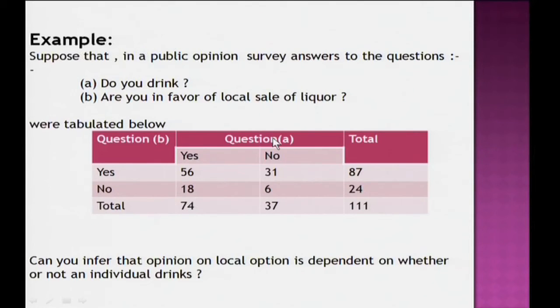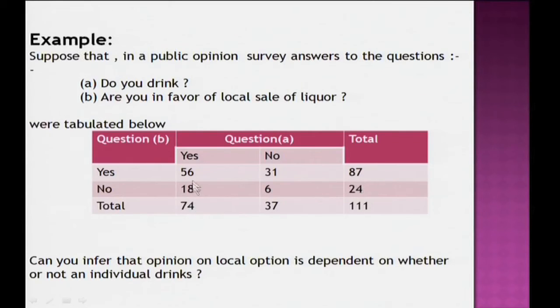Whenever such a situation is there and data is given in this tabulated form, it is called a contingency table. When the data is in this contingency table form, there are two attributes and we would like to test whether the two attributes are dependent or independent. Dependent means there exists an association between two variables, independence means there does not exist any association, right. So, that can again be tested.